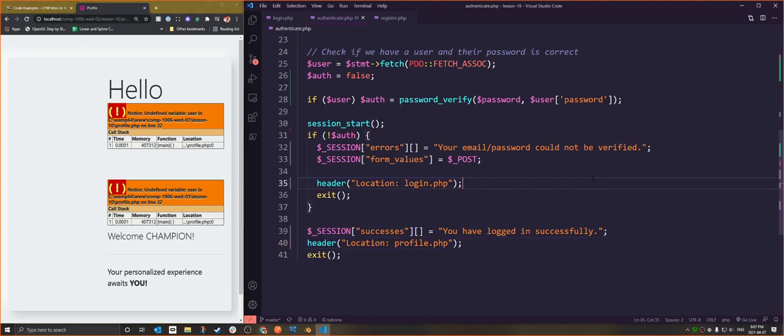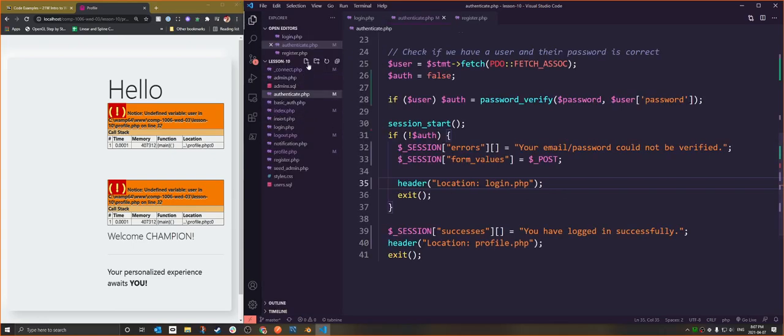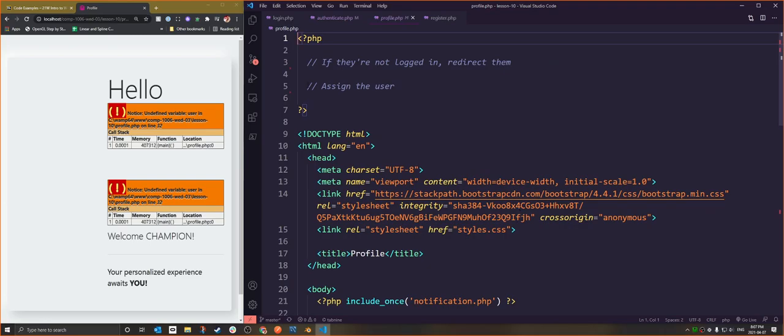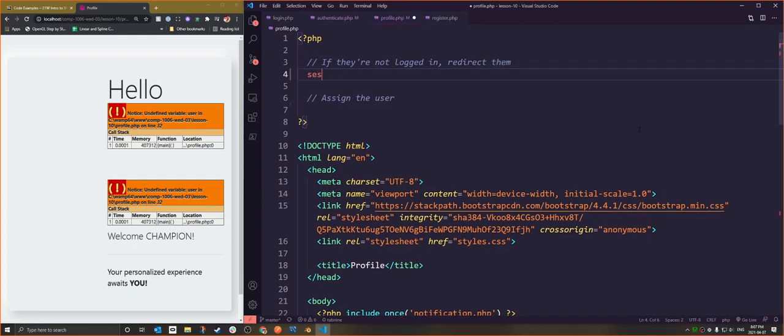We'll just power through. Alright, so the next page we're going to open up to work with is the profile.php page. So go ahead and open up your profile.php page. And right now it has a little piece in here that says if they're not logged in, redirect them. This is our gated validation, essentially. We're basically checking to see if their user is logged in, and if they are not, we're going to redirect them and exit before they have any chance to view any of this content, right? Super important. So we're going to start a session,